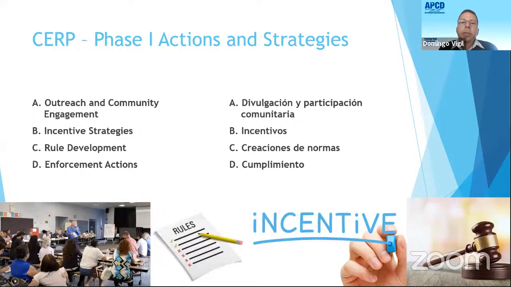As shown earlier, as part of our timeline, phase 1 was adopted by the APCD board, and it includes actions under the categories you see on the slide. Actions under these categories also include public feedback through public meetings and workshops, and received unanimous support by the Portside Community Steering Committee. For this reason, I won't review these actions today, but I will share some early successes, especially given the interest in our outreach and community engagement piece.